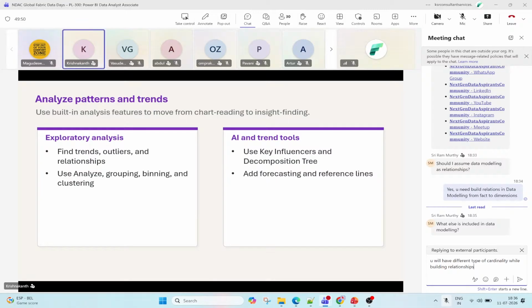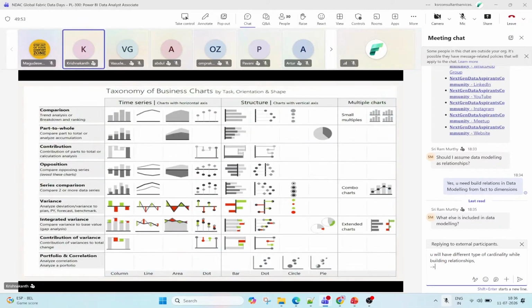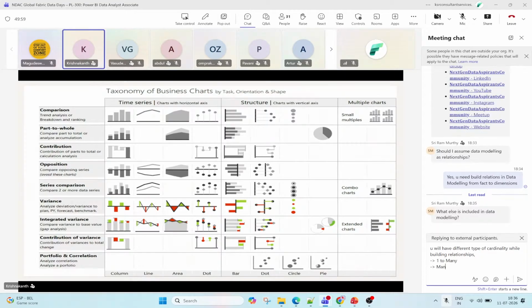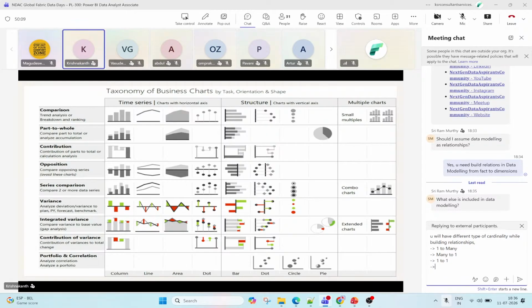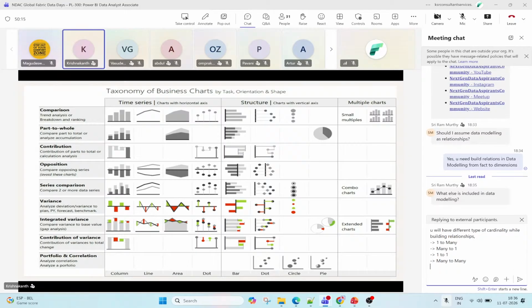Moving on. So you should be aware of when to use which visual, which chart, and in which scenario you can go for utilizing which chart. I would request you to go through the Microsoft documentation as well. While you start working on the visualization part, you should be well aware of when to use which chart to tell the story from the data point.